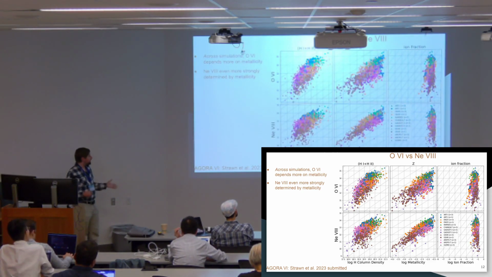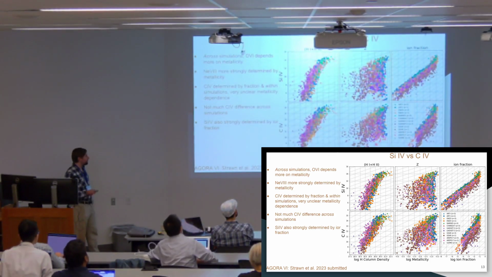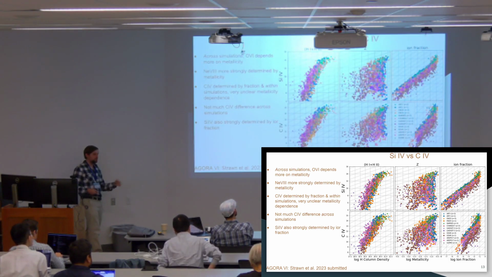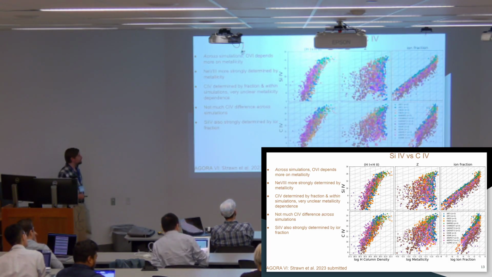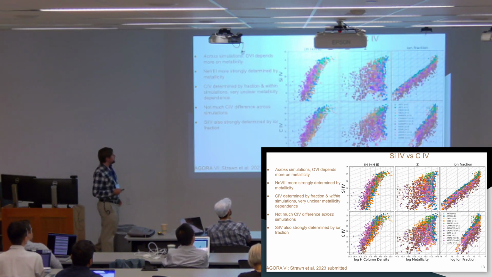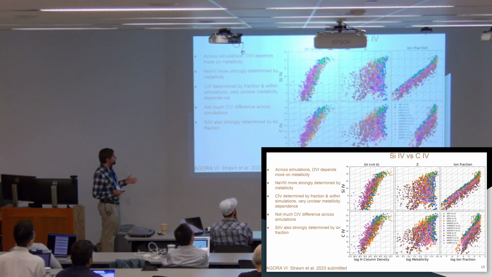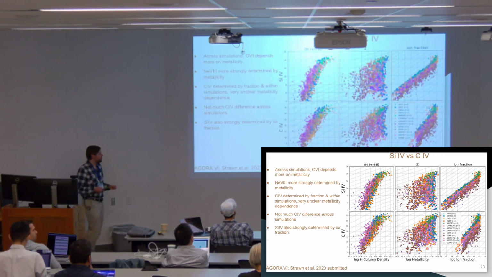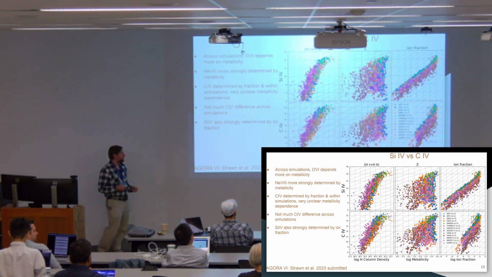And what's really neat about that is that it's completely not true with the lower ions. So I'm looking at 4 medium to high ions. We didn't want to go too low because we were worried about resolution, so we don't have magnesium 2 or something. But silicon 4 and carbon 4 are much more medium ions. And in that case, it seems like they are depending much more strongly on ion fraction. Metallicity is almost not predictive at all, right? ART has the highest metallicity. It has both really high and really low silicon 4. It's not responding to that. Carbon 4, maybe a little bit more. You can see a trend, but it's really weak, with a lot of scatter. It depends a lot more on ion fraction.